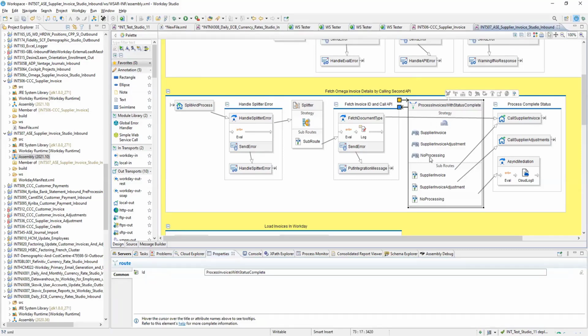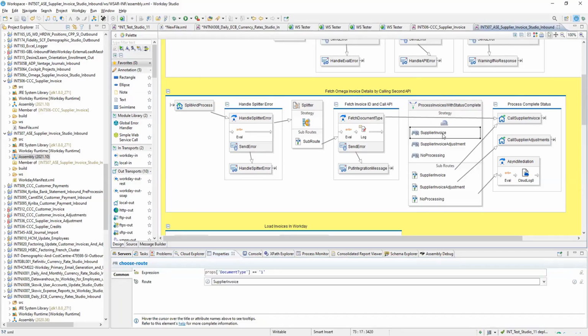Then in that case you will use a router, and you can have this route as the XML strategy, and you put your property of employee status equal to A, which is active. Then what should happen if it is inactive? What should happen if it is on leave or terminated or whatever?